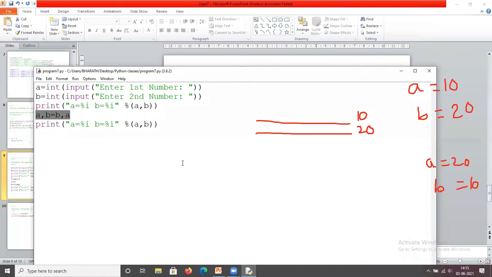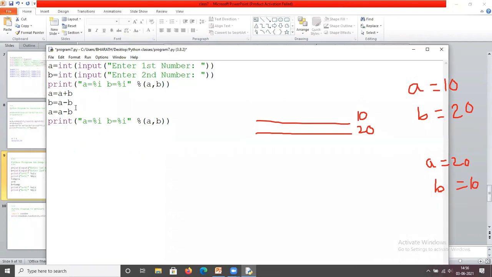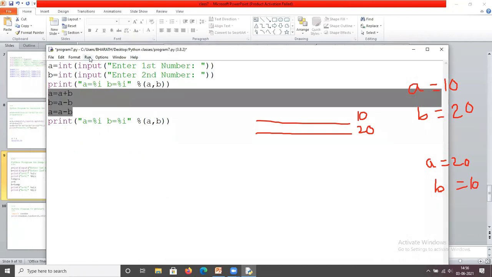So for example here, A equals A plus B, B equals A minus B, and A equals A minus B. So these three instructions also swap the numbers.